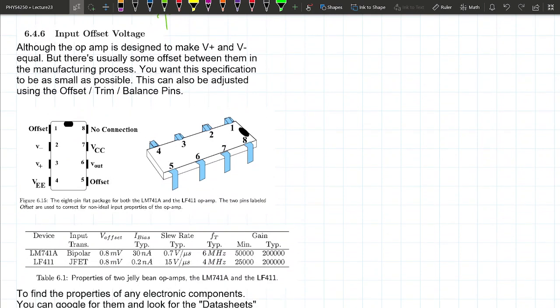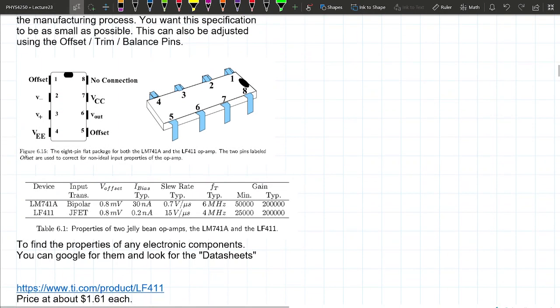Input bias, input offset voltages. Remember, one of the golden rules I told you is that the operational amplifier is going to make V plus and V minus always the same. There's going to be some uncertainty in that. In the LF411, the voltage offset that could be possible between them is about 0.8